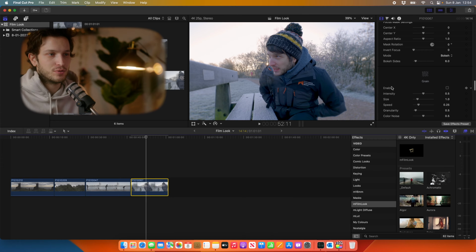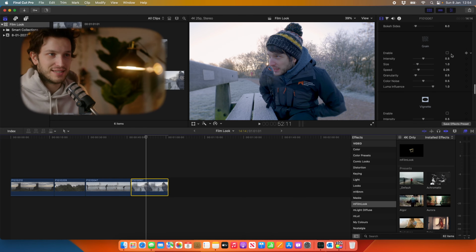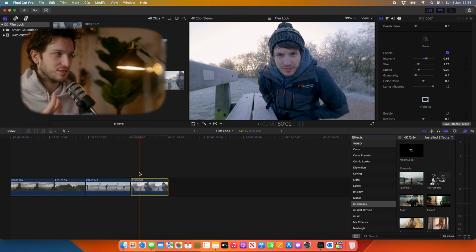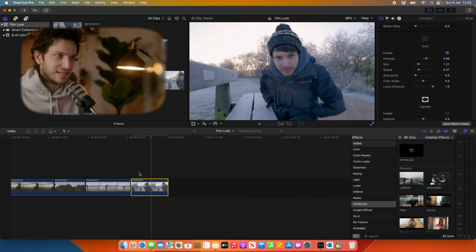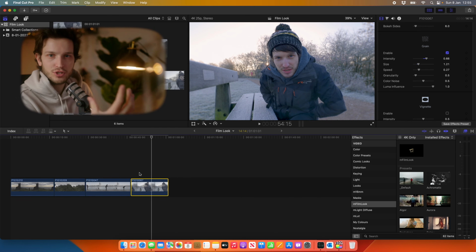And then we're getting towards my favourite part, which is the grain. And you can turn on the film grain and increase the intensity and the size of your grain, the speed in which it is moving. And I think that just adds so much to the image. I don't know what it is about grain, but it helps it feel like it was shot on film a